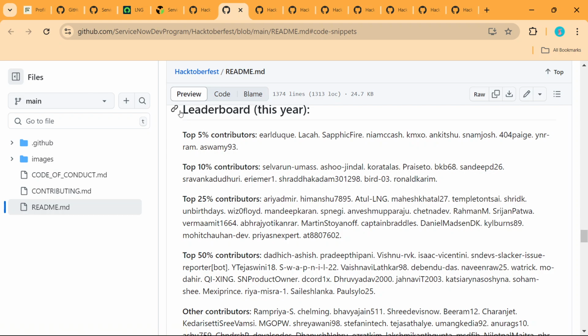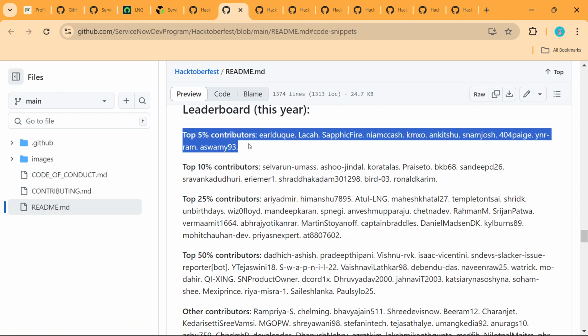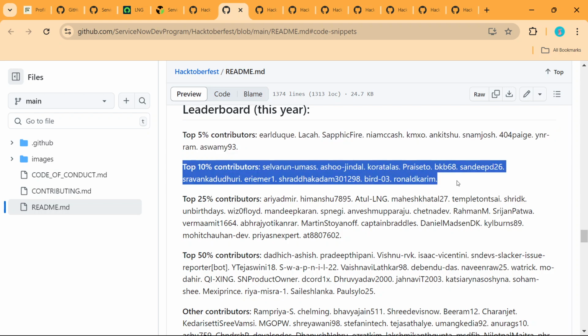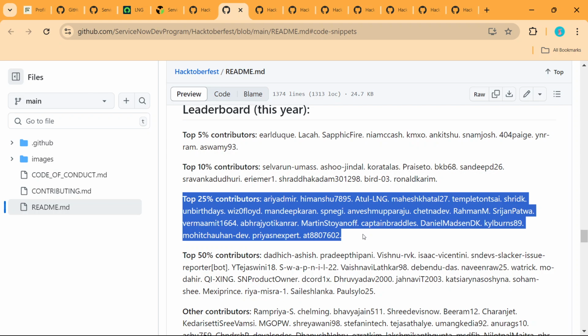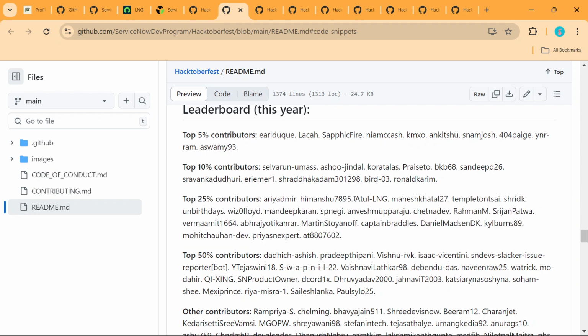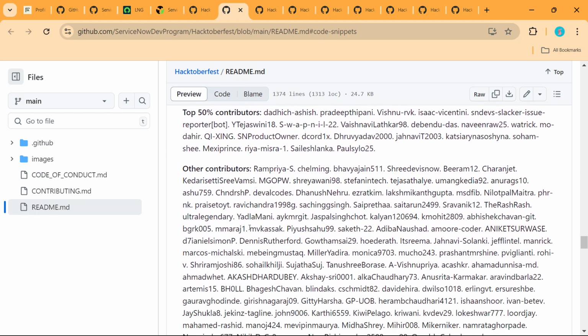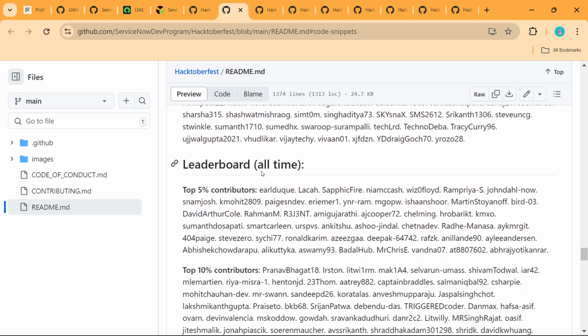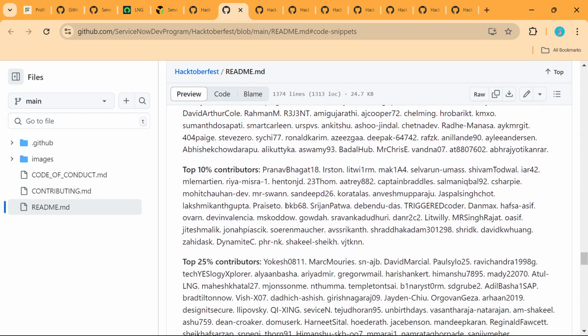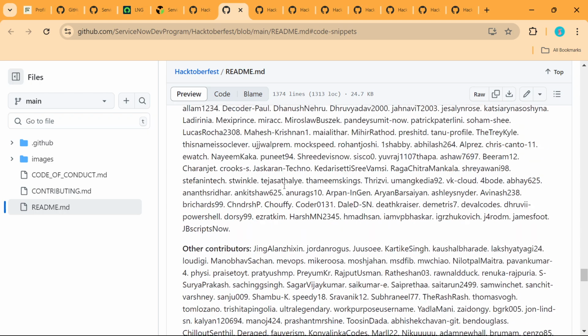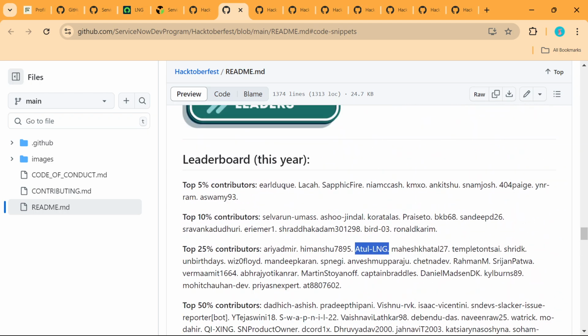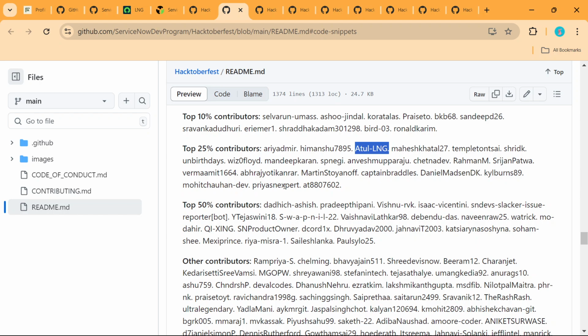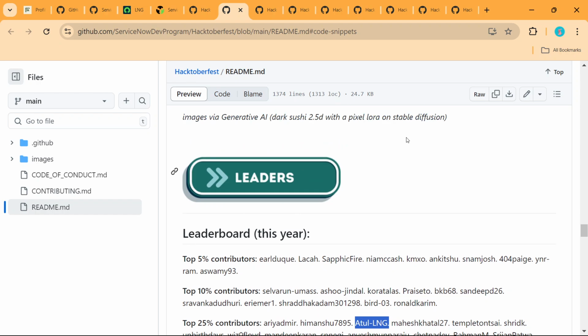And this is what the leaderboard says. So you can see top 5%, top 10%. You can see I am now in the top 25% because I did not participate in the last 2 or 3 days. Earlier I was in the top 10. Now I'm in the top 25. You can see here top 50 and other contributors. The leaderboard shows all the time who is doing more work from the approving perspective. So this is just a motivation perspective, guys. Don't go for the points, go for the learning perspective. That is very important here. This is what is required for us to work here.